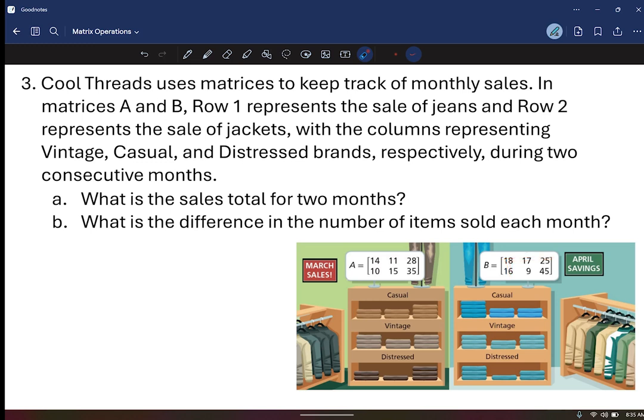It says, what is the sales total for 2 months? Well, I know that each one represents the sales total for the month of March and for the month of April, so I would just add those 2 together. So for part A, we will be adding together matrix A,